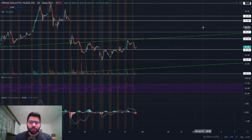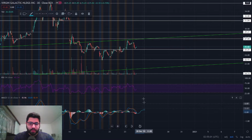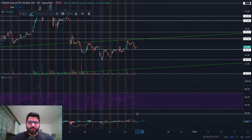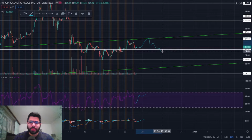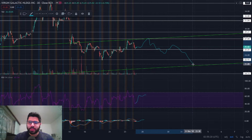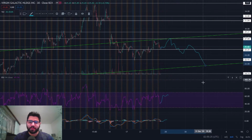Now, just looking at the 30 minutes without having taken a look at the other time frames, it looks like we're about to cross on the MACD positively to the upside. RSI has a lot of space to the upside as well. I think this is going to be moving to the upside, potentially hit the 27.5 and then probably come back down. I would say we would come back down towards the 24 and gradually move to the downside, potentially reaching $22 again. Now, the reason I am bearish on it very short term is because